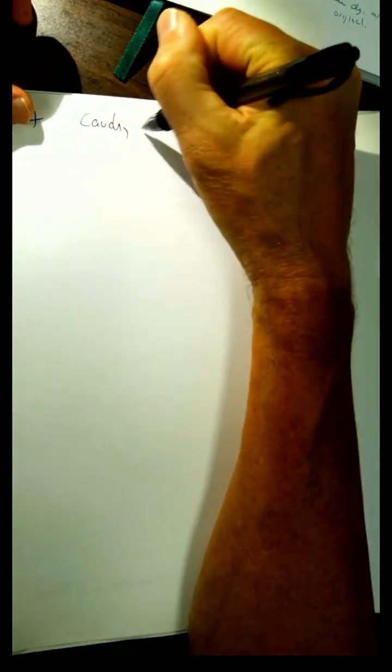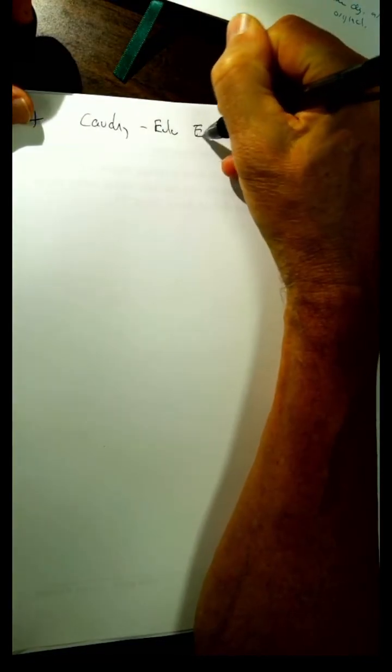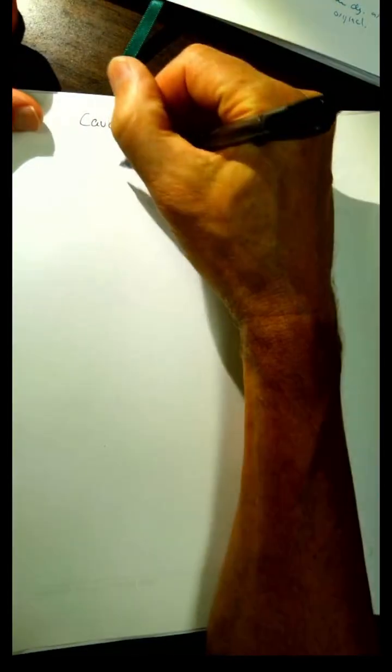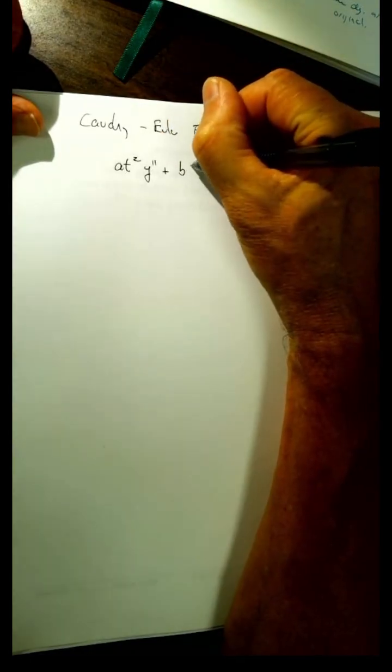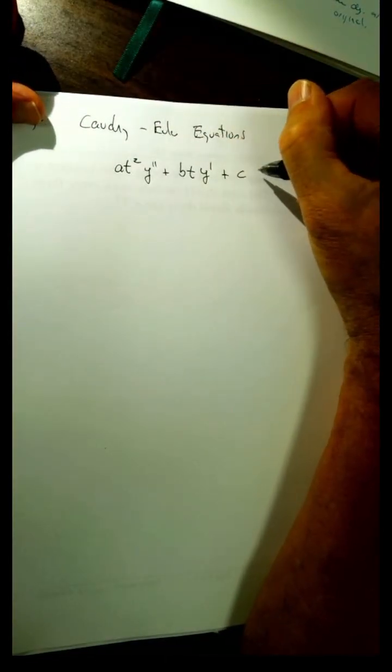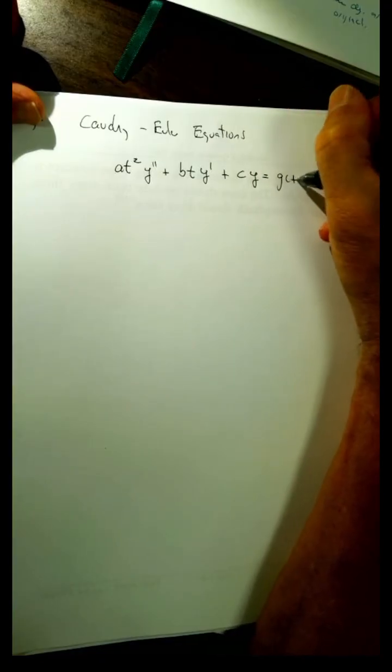All right, today we're going to look at something called the Cauchy Euler equations. This is another special case of linear higher order differential equations, but in this case they are not constant coefficient. So for the Cauchy Euler equations, the way your book defines them is a constant a times t squared times the second derivative of the variable, plus a constant b times t times the first derivative of your variable, then finally a constant c times the variable itself is some function g